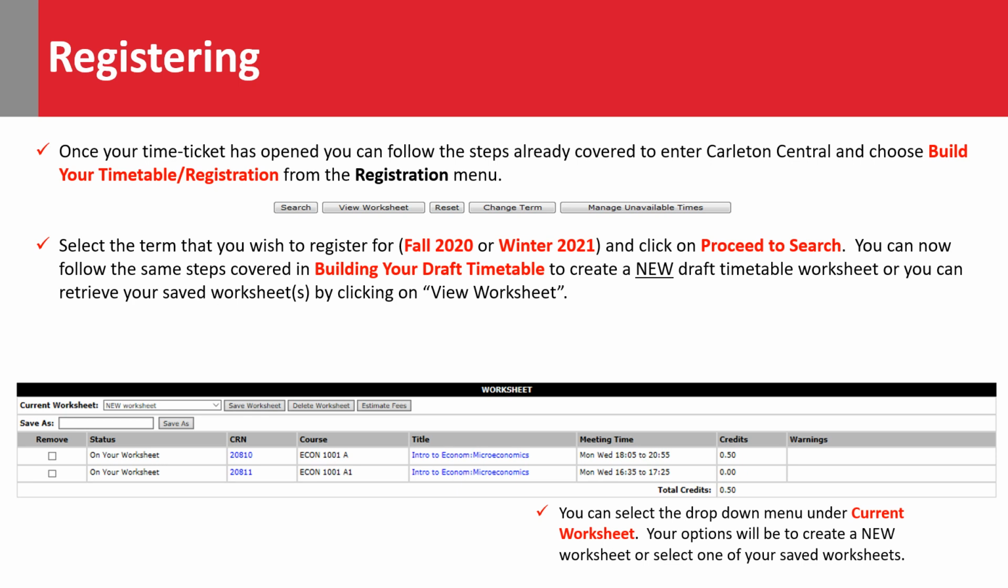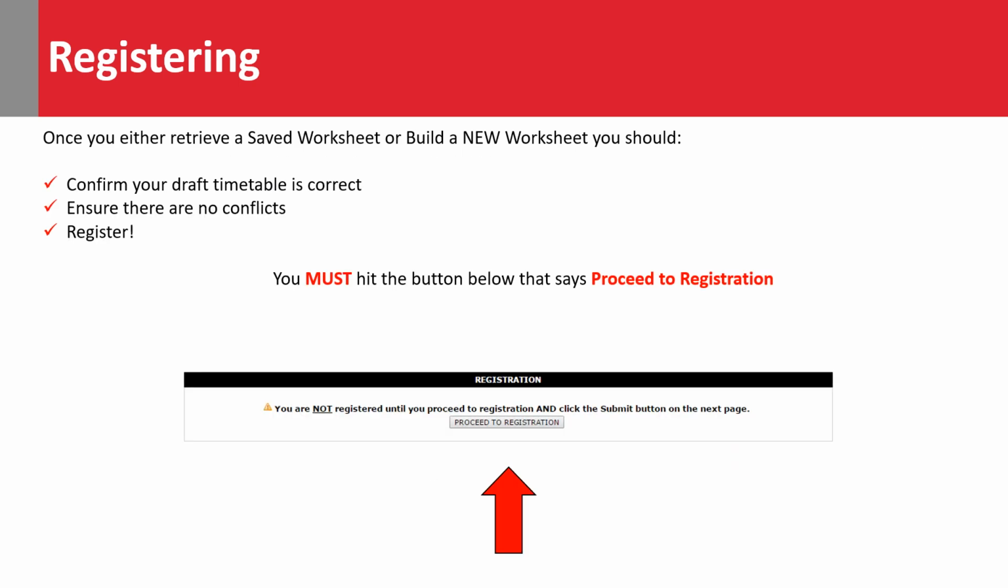You can now retrieve your saved worksheet by clicking on View Worksheet, or you may follow the same steps covered in building your draft timetable to create a new draft timetable. Once you've retrieved your worksheet, please review it to make sure all the information is correct and that there are no conflicts. When you're ready to go ahead and register, you must hit the button below that says Proceed to